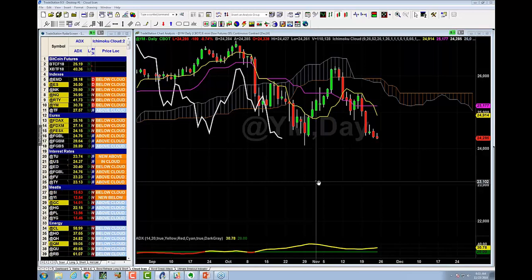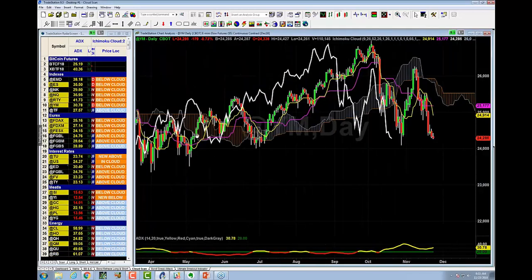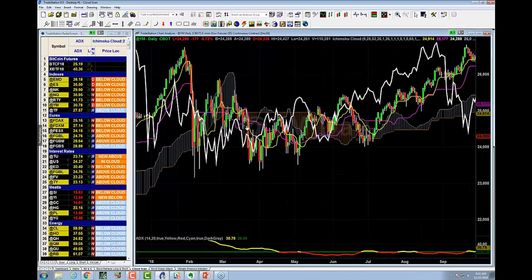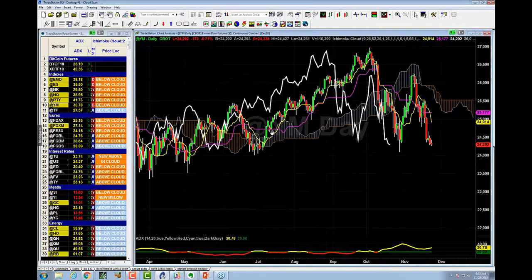So until it shifted recently, right? Like this right here, this was easy right here. That was easy. Okay. The shift right here is where you get chewed up a little bit. And then now this is easy again. When it's doing this type of stuff right here, this is where it's kind of hard to trade. And there's nothing that can avoid chop, nothing at all. So what I try to do is I try to stay on the right side. If the market is above the cloud, I'm going to try to stay long. If the market is below the cloud, I'm going to try to stay short until that shifts.